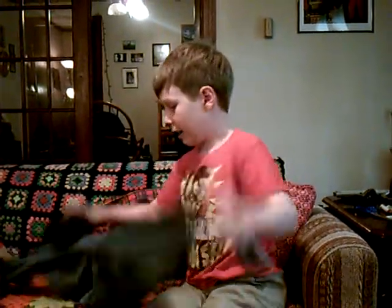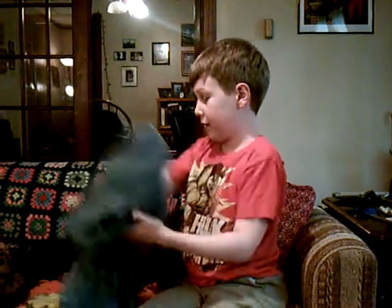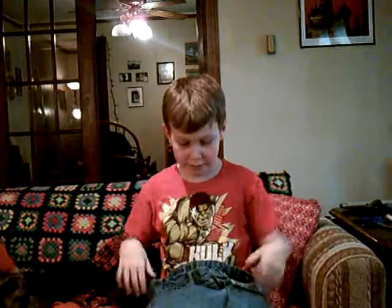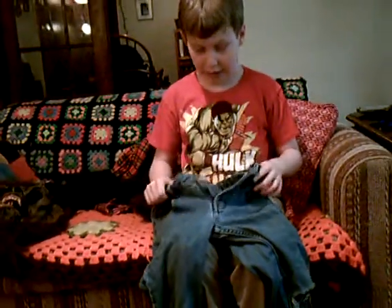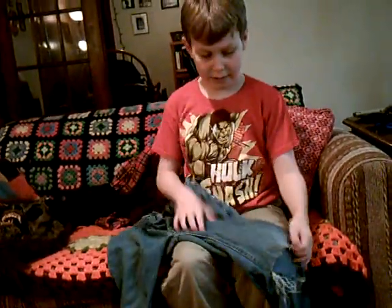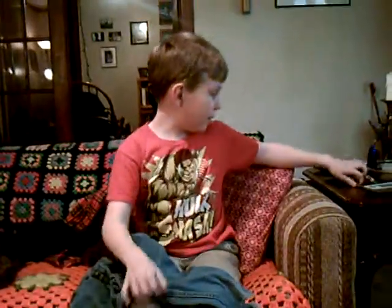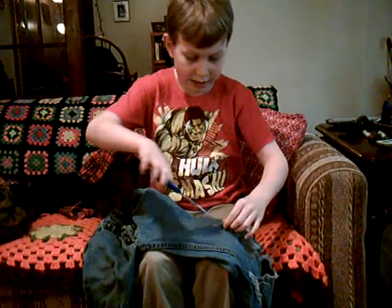The pants, it does not come with pants. The suit does, so don't get all upset, and they're not pre-cut or anything. I would go to a thrift store or something like that. These are from Walmart, but they're old ones. When you cut it, if I use scissors, a box cutter would be better